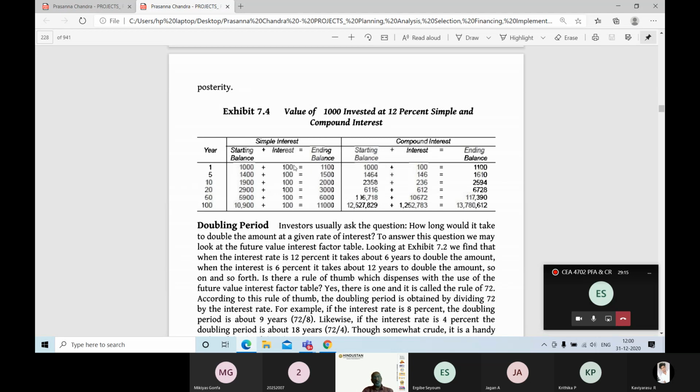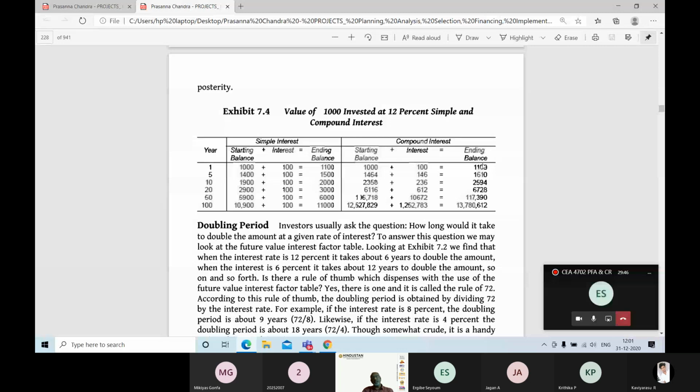Only for the principal alone. Always they are calculating the interest on the 1,000 rupees only. The interest will not be accumulated or added in the second year. This is the simple one. Over 100 years, if you are not giving interest on interest, then it comes to about 11,000 rupees after 100 years. You see here the alarming increase under compound interest.